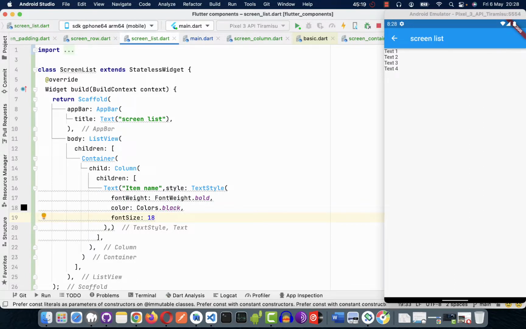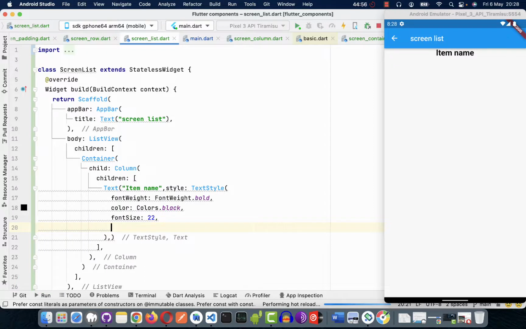So if we save, you can see the content is going to update. My laptop is a bit slow today in updating. So you can see the item is there. Let us make it bigger here on the front part. So make it maybe 22, and then if I want to align it to begin from the beginning of the line,